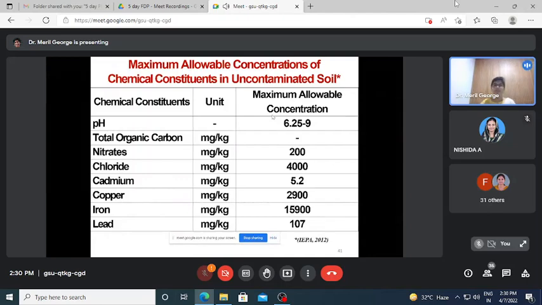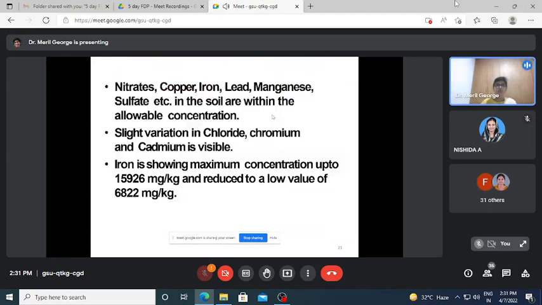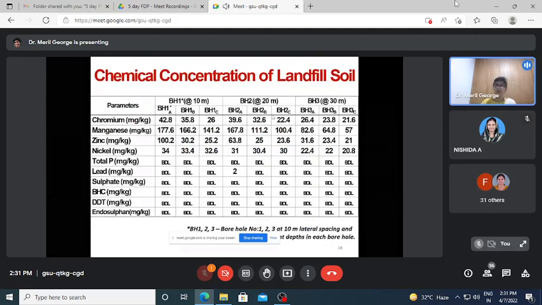You can see this table. This was based on the publication made by the Illinois Environmental Protection Agency. So according to them, the maximum allowable concentration of chemical constituents in uncontaminated soil is within this range. Nitrates, chloride, etc. are listed. So we can see that from the result obtained